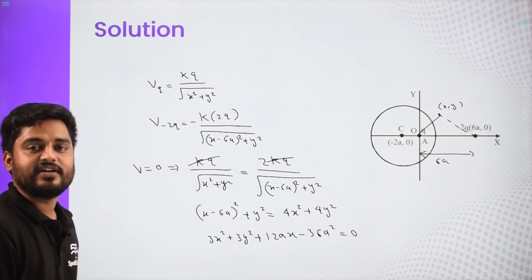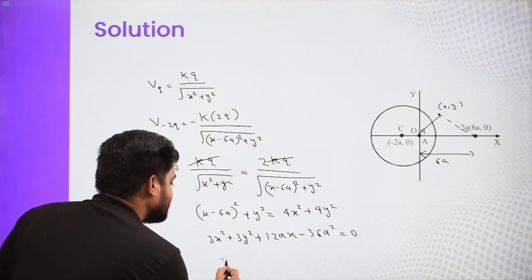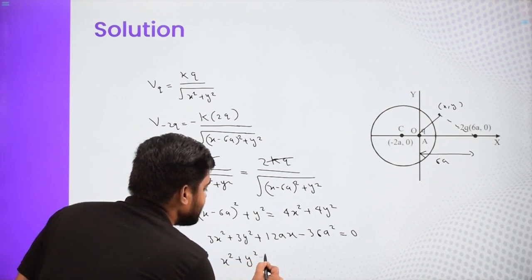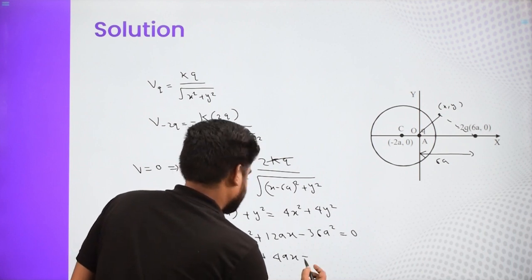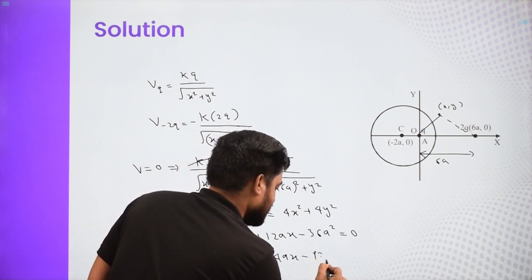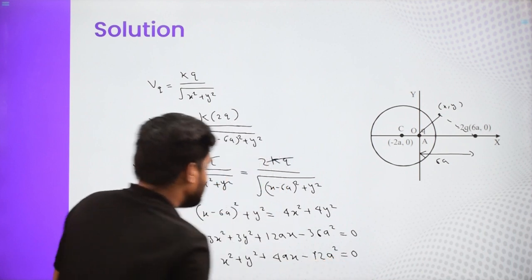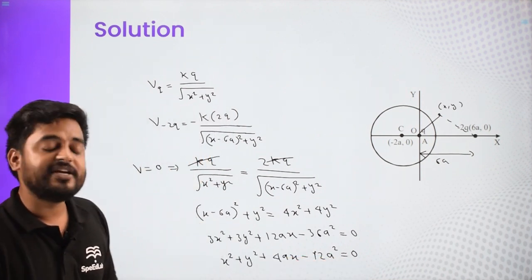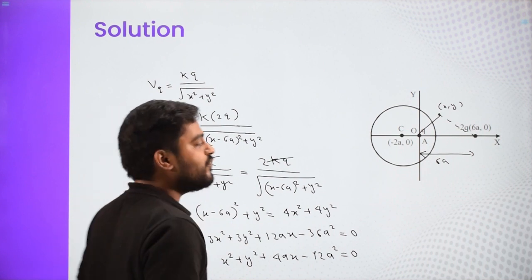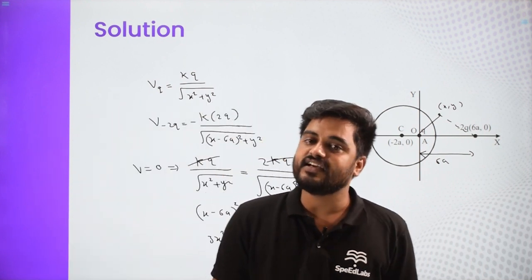And this equation is the equation of a circle. Further simplifying it, it is x square plus y square plus 4ax minus 12a square is equal to 0. As we all know, this is the equation of a circle, so we will say the locus will be a circle. If we want to go further and get the center and the radius of the circle,